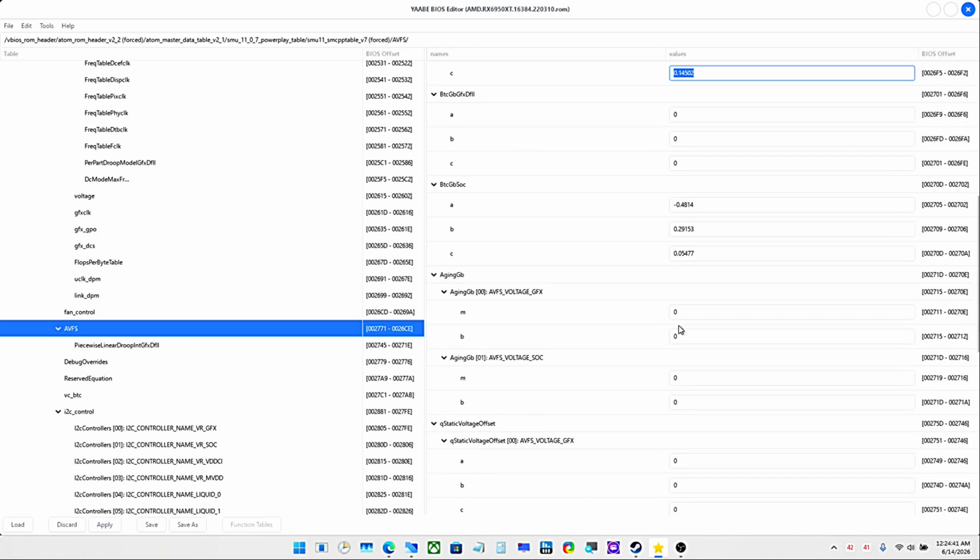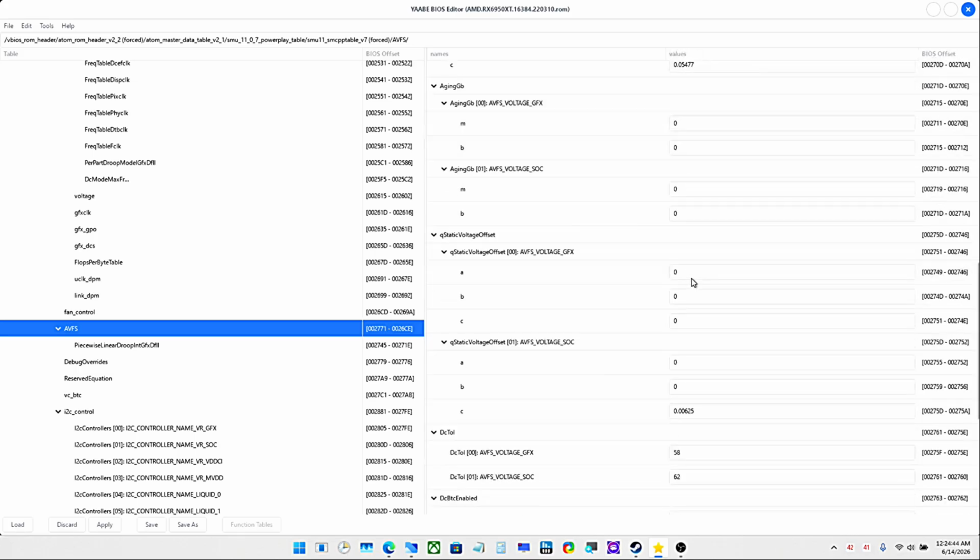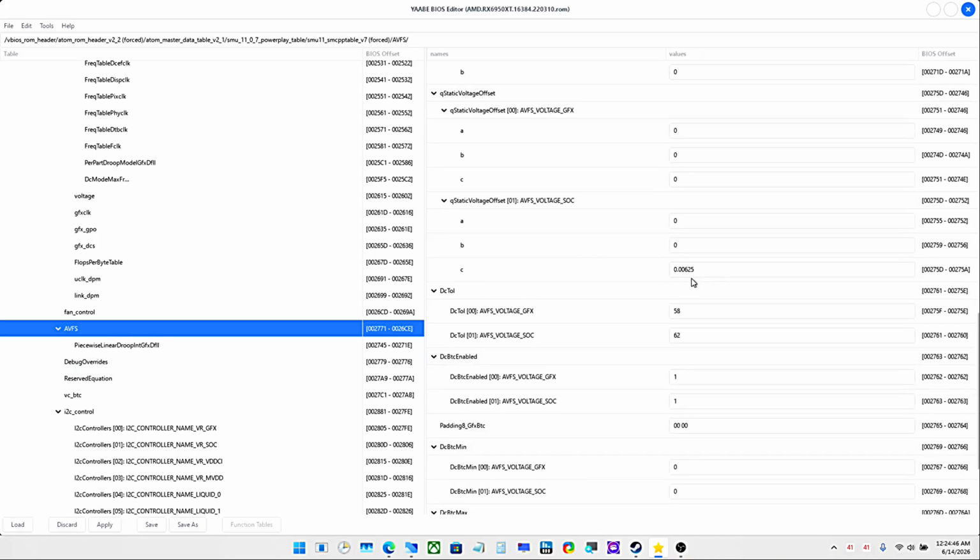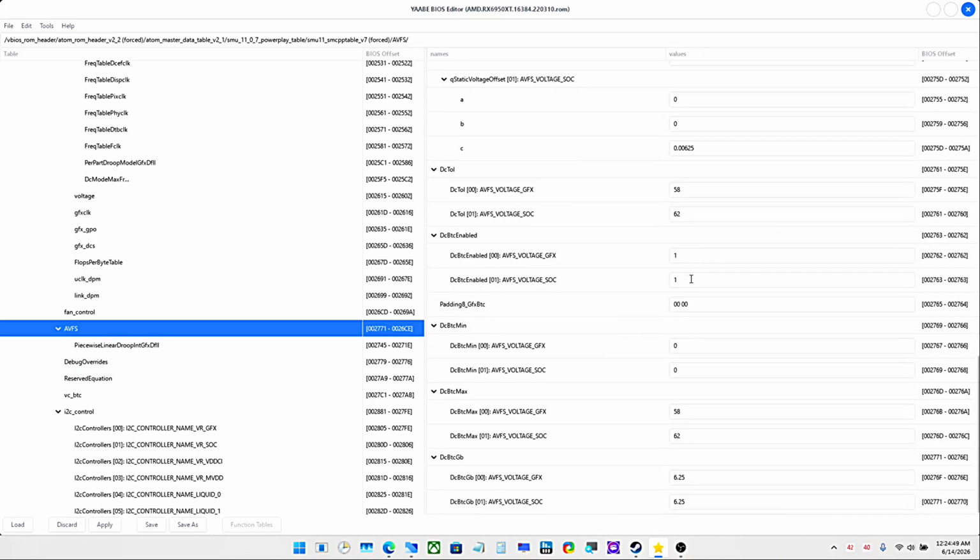And if you have a delta between your set voltage and the observable voltage in AMD Radeon settings tuning, then what you do is you set it to the volt. I don't think it's going to matter on RDNA 2, but on RDNA 1, you had to